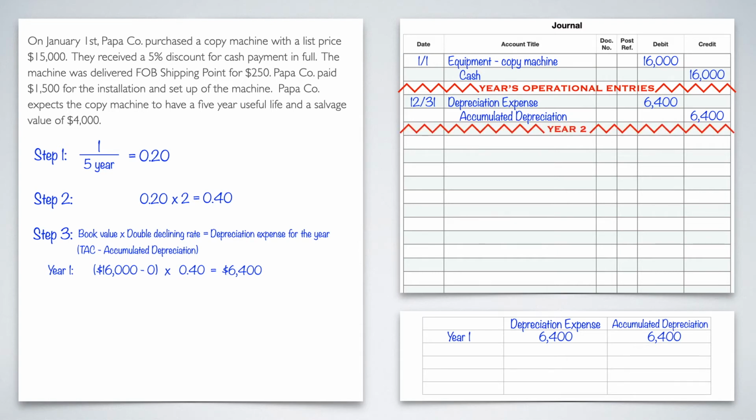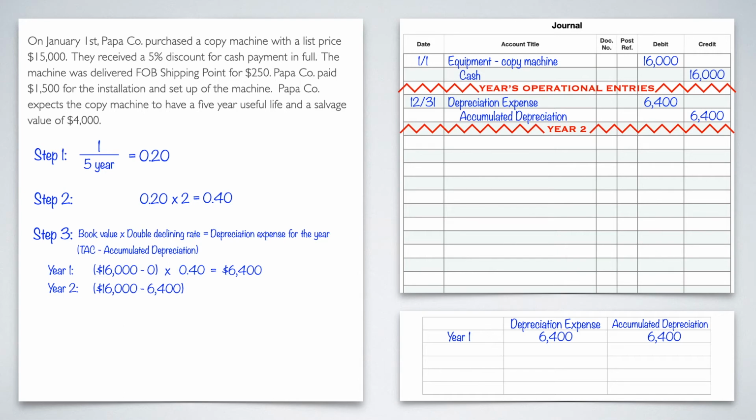Book value. Well, the book value for year 2 is going to be 16,000, the cost, minus the 6,400 that we have. Now notice, this is not the 6,400 under depreciation expense. This is the 6,400 under accumulated depreciation if you're drawing it from the table. I don't want you to use the wrong number because, yes, they are the same number. They're both 6,400, but later on in the next year, you'll see that they're going to be different.